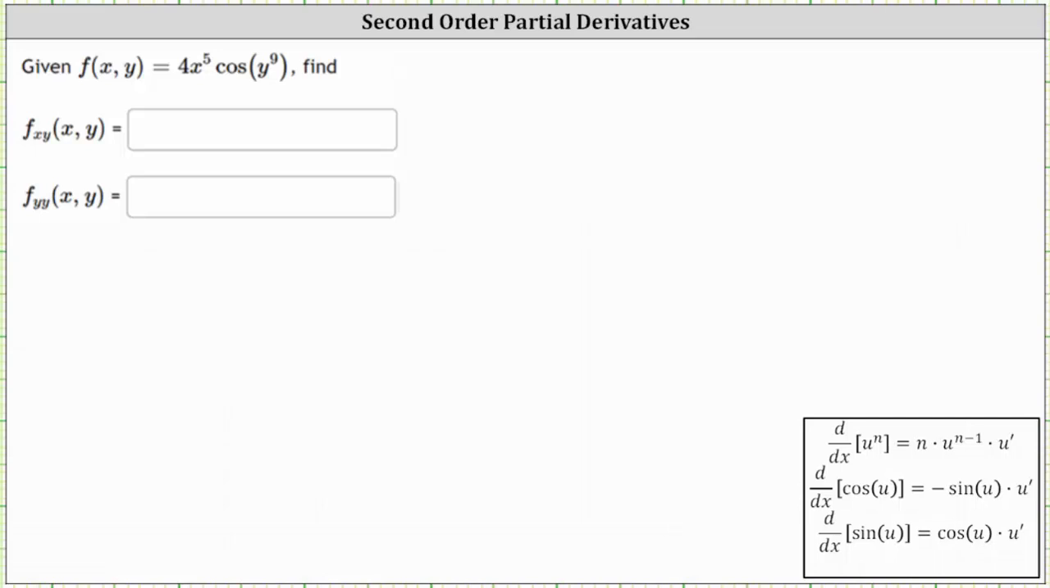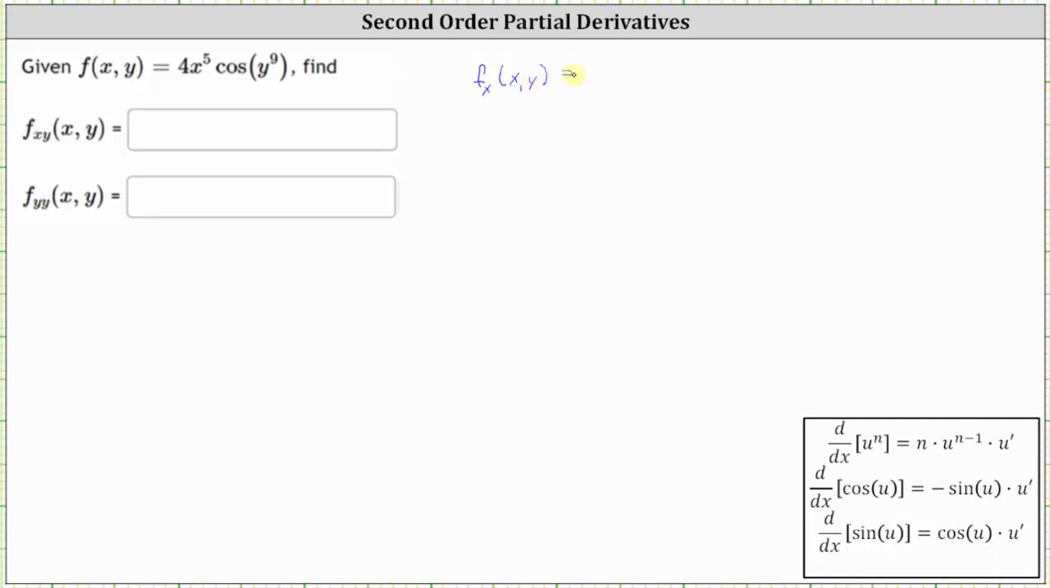We are given the function f of x comma y and asked to find the second order partials. Before we can find the second order partials, we need to find the first order partials. Let's begin by determining the partial of f with respect to x, which means we will differentiate f of x comma y with respect to x, treating y as a constant, which means we will treat cosine y to the